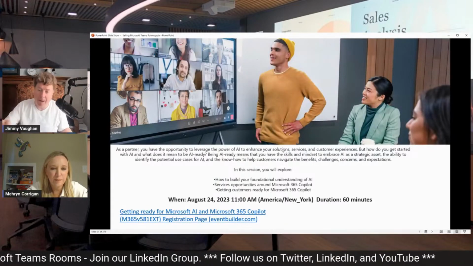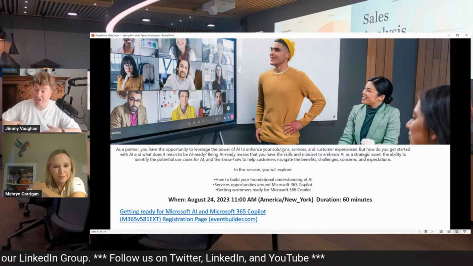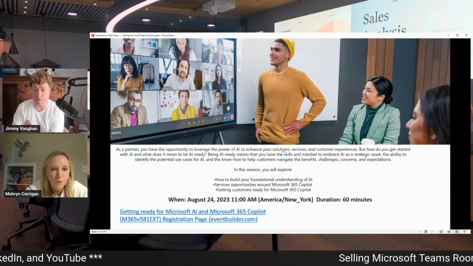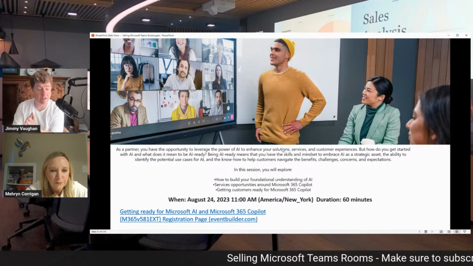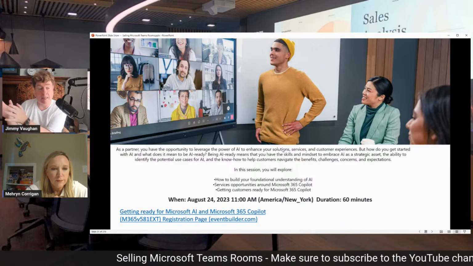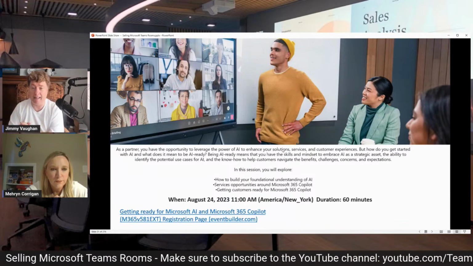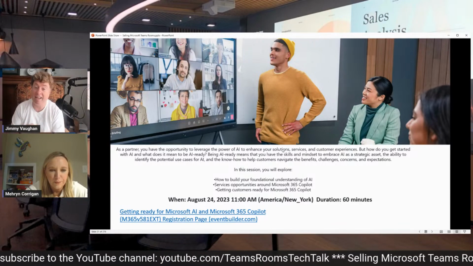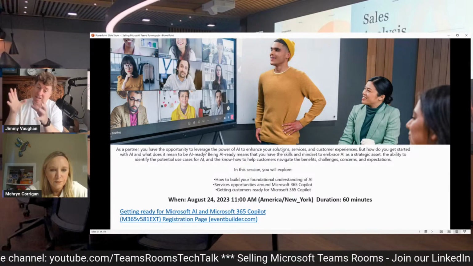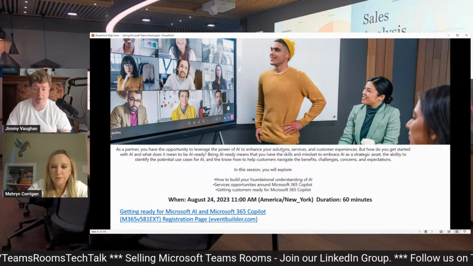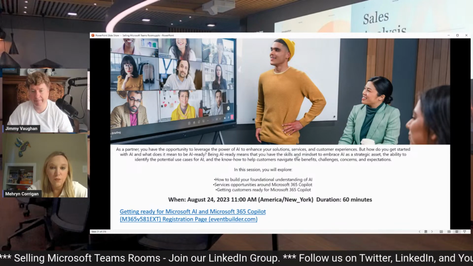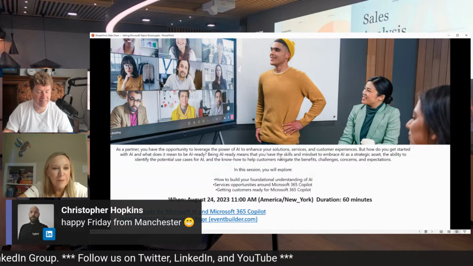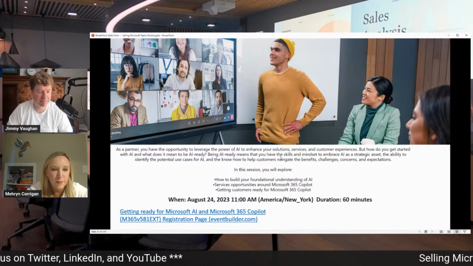Also, Mehryn, Copilot. If you want to sign up and understand a little bit more about Copilot, we've spoken about Copilot a lot. You can actually register for this event as well. We'll be getting customers ready for Microsoft 365 Copilot and explaining to partners the opportunities around Copilot and how to build your fundamental understanding of AI. This is an important session for everyone to take, even those that are selling Microsoft Teams rooms, because you've got to understand where all of this is going. We'll make sure to promote this. We do publish the links after the show, but if you do anything after these 10 minutes that we share with you, please sign up for that webinar. I think it's going to be really informative.